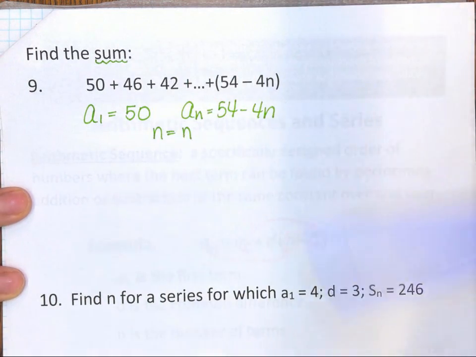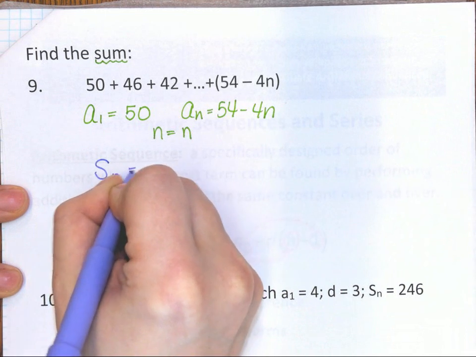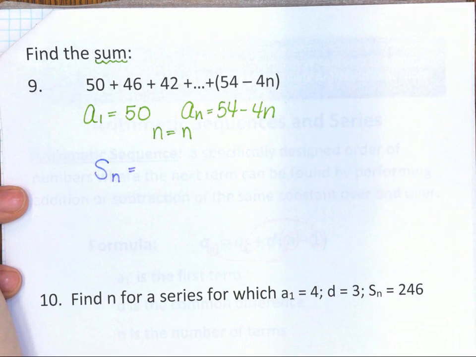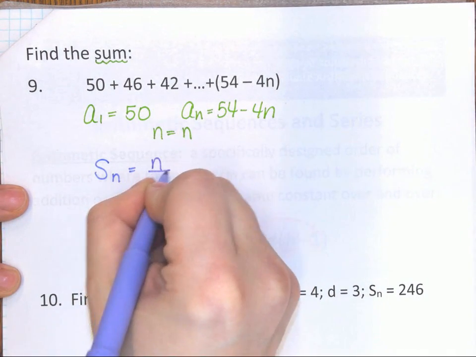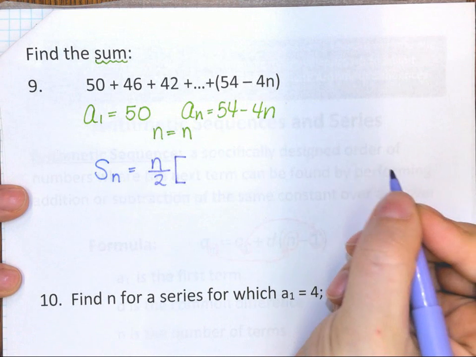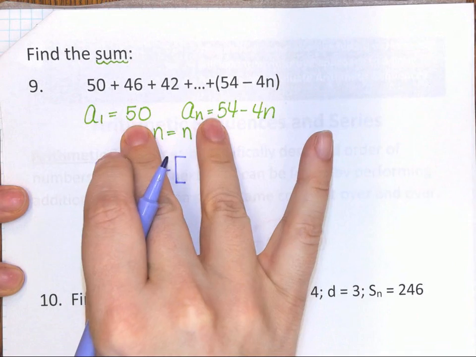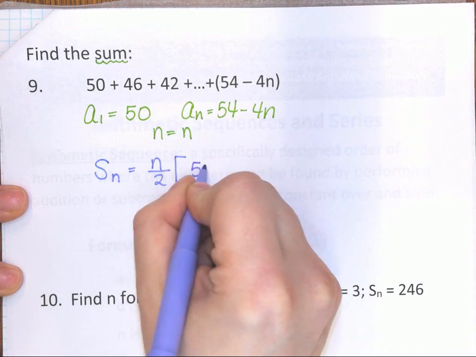Yeah, we do. So the sum of the n terms, what am I going to put in this? n over 2 times, using what we have up here, 50